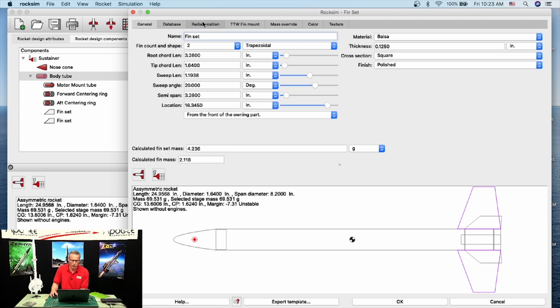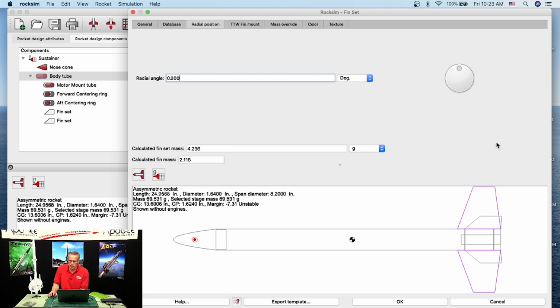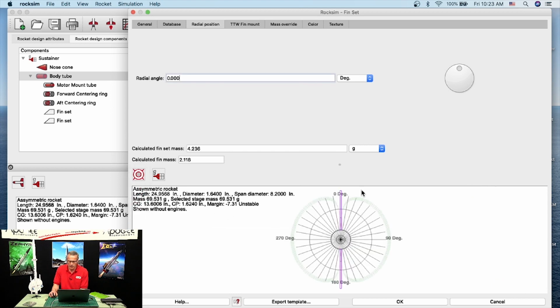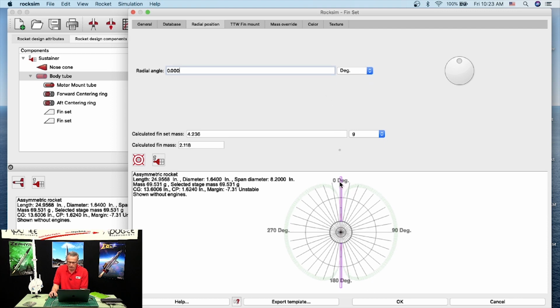those fins. So I'm going to go to the radial position tab right here, and the radial position is adjusting the fin orientation on the tube. So if I look at it from the rear view right here, you'll see where those fins are. And it's easier to see right here because my fins are nice and dark. And if I take that radial angle and I start adjusting it,